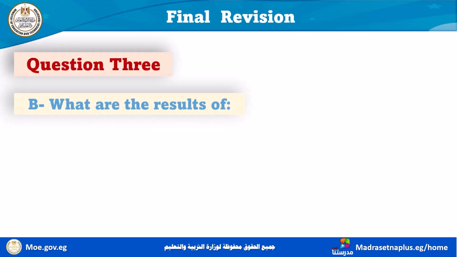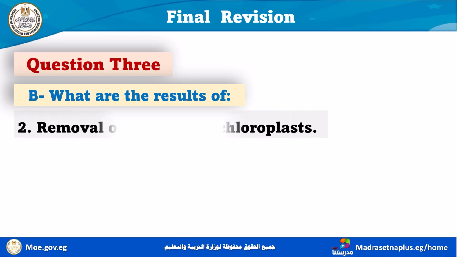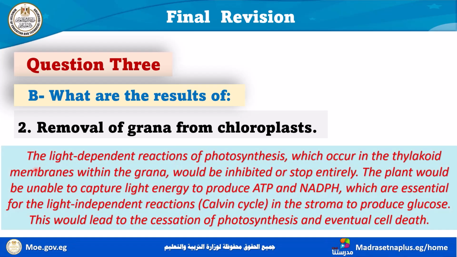Question 3. What are the results of number 2, removal of grana from chloroplasts? What happens when we remove the grana from chloroplasts? Of course, grana is the place where the light-dependent reactions of photosynthesis take place. So the light-dependent reactions of photosynthesis which occur in the thylakoid membranes within the grana would be inhibited or stop